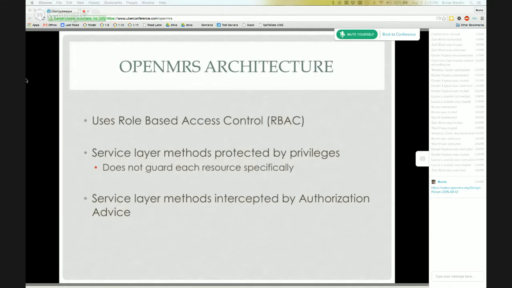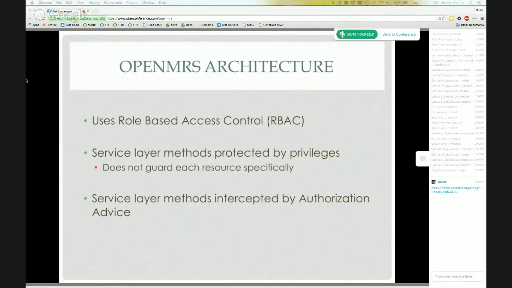When a user from the web application needs to interact with the system, they invoke service layer methods. However, these methods are protected by privileges. But if a user can access a method, then they can request any invocation of that method, meaning they can provide any parameters and be able to get any results back. So it's not really specific as to which resource they're trying to access. That's not being guarded specifically.